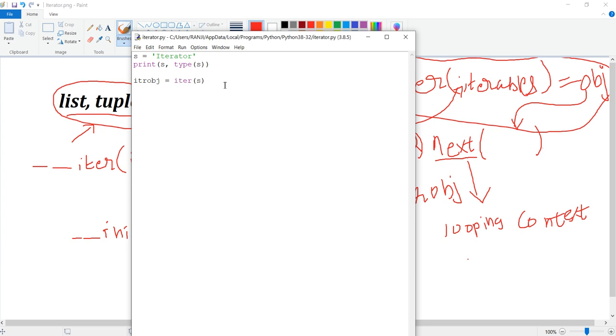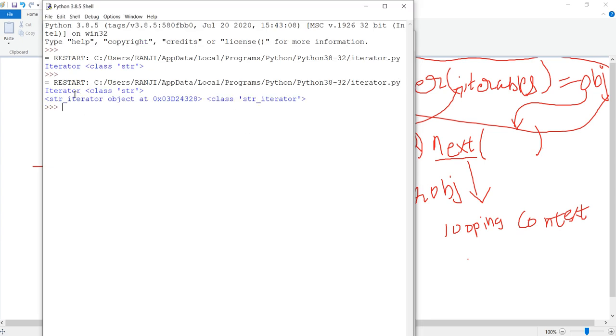Once it is done, now I just print this thing, that is itr obj, and the type of the itr obj. So I'll just run this again, and you can see the first result of iterable was the name of that particular thing that you initialized and its class.